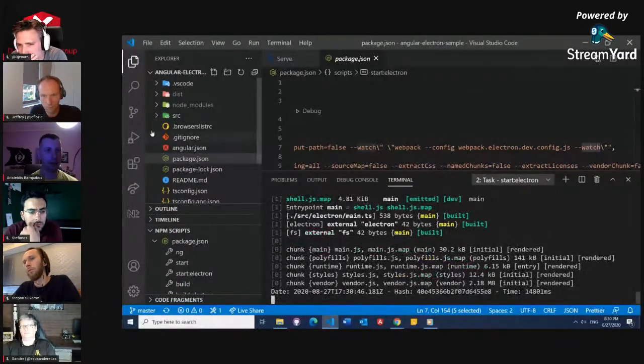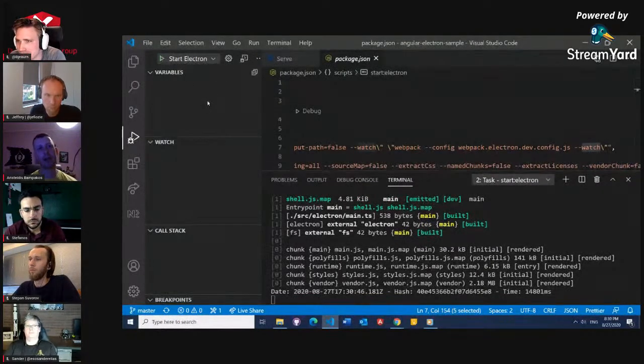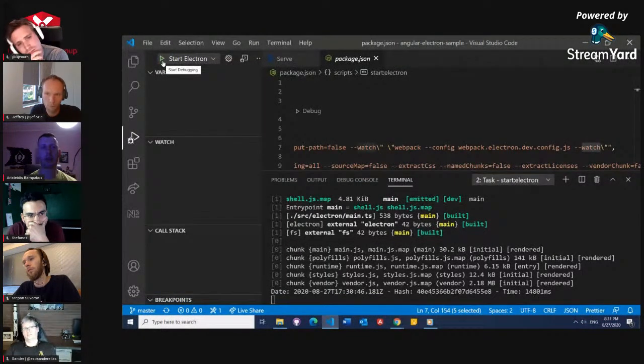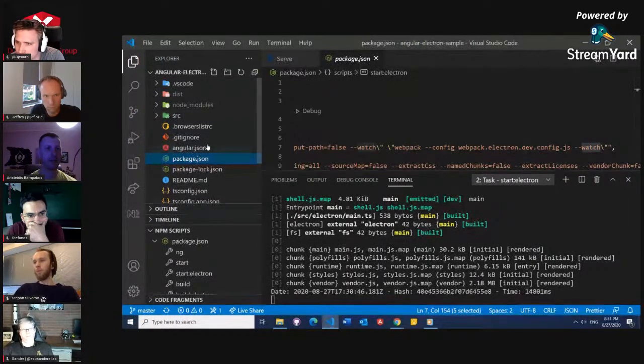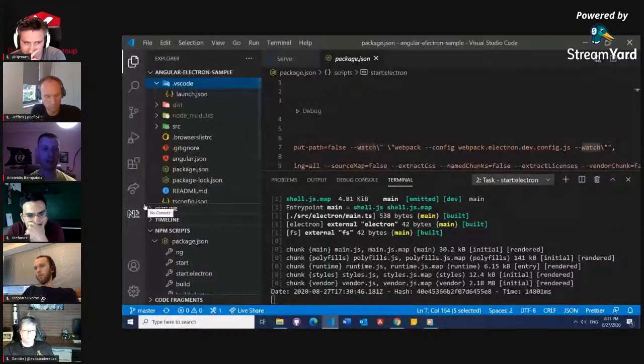Now, if I go to debug, I have created a specific debug configuration for Electron. It's the same configuration as when we create a Node.js application. I have put the configuration inside the launch.json if you want to check it out later from the repository. So if I press start,